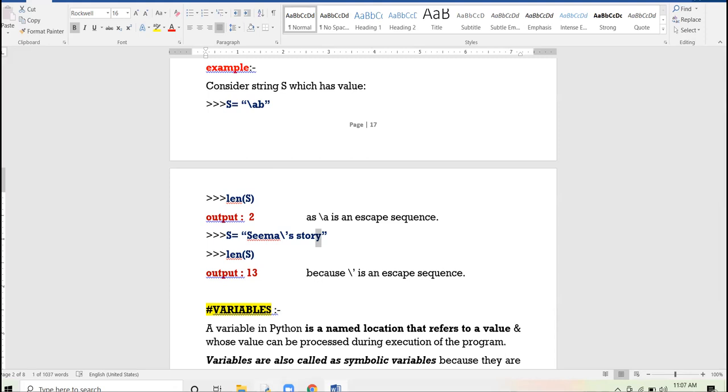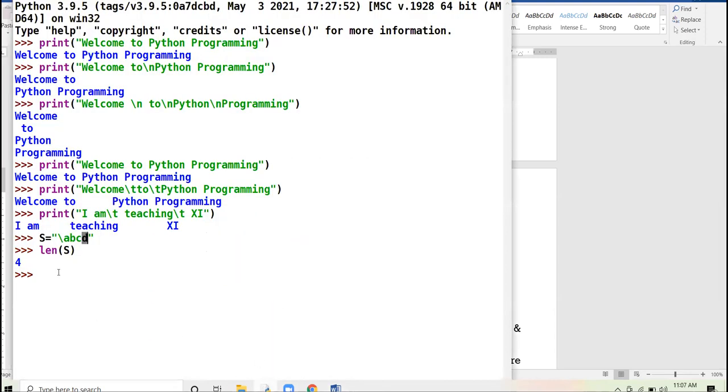Now, yesterday I was telling you something about keywords. See here, the color has changed to orange. True with capital T is a keyword. All the keywords which are available in Python programming, you cannot use them as identifier names.